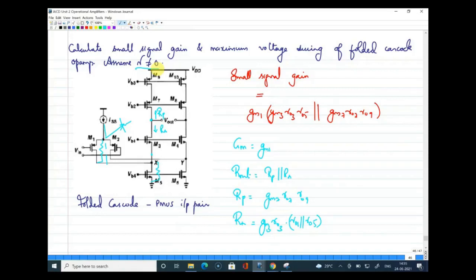Okay. So output swing also you can write. The swing on one side you can write and you can make it twice because the output is fully differential. From VDD there are 4 transistors in stack: M10, M8, M4 and M6. So your output is from this point. A total of 4 transistor overdrives need to be deducted to get the output voltage swing. So that is how you can solve this question.